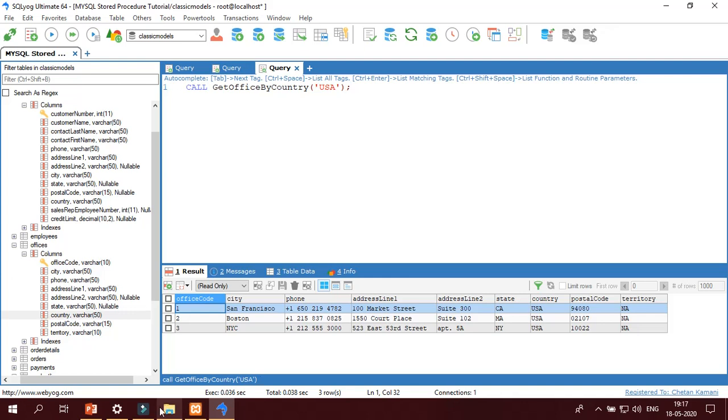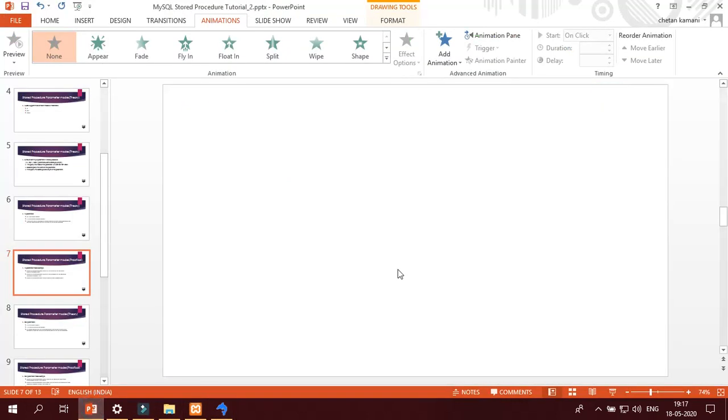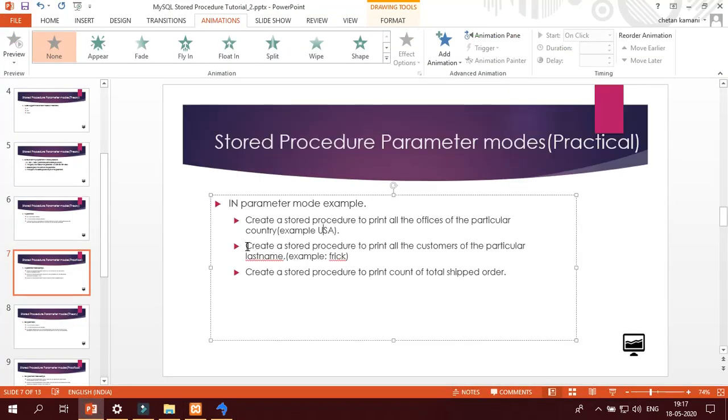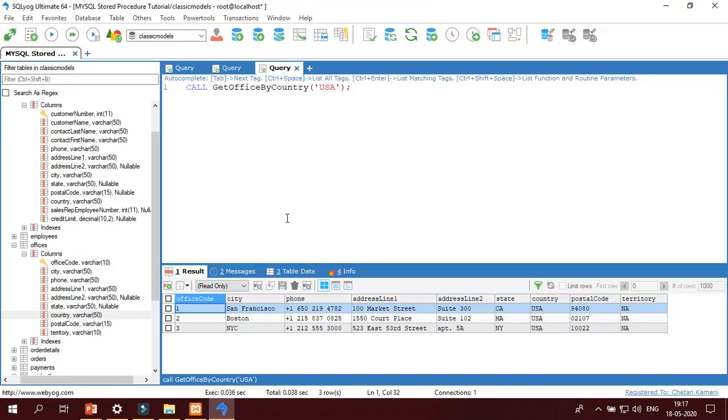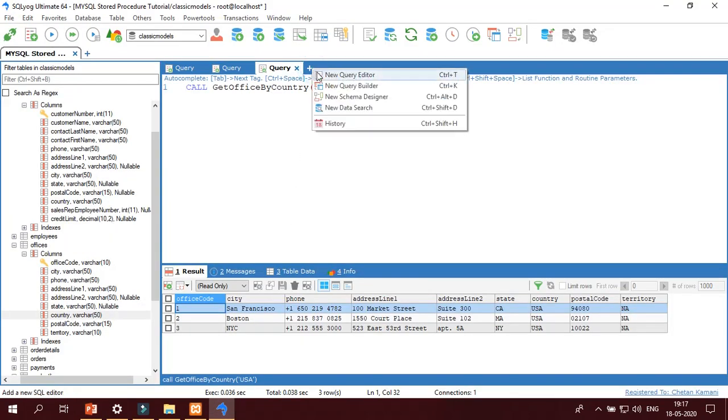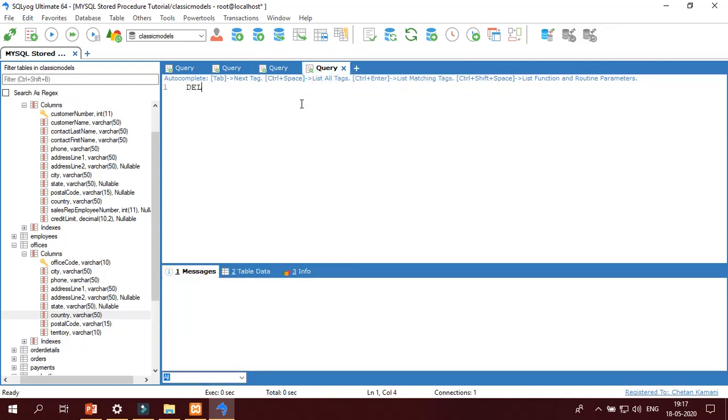Same way I am going to create another procedure: create a stored procedure to print all the customers of a particular last name. Means the procedure will print all the customers of the particular last name. In this procedure we have to pass the last name of the customer. Again I have to change the delimiter, dollar dollar delimiter